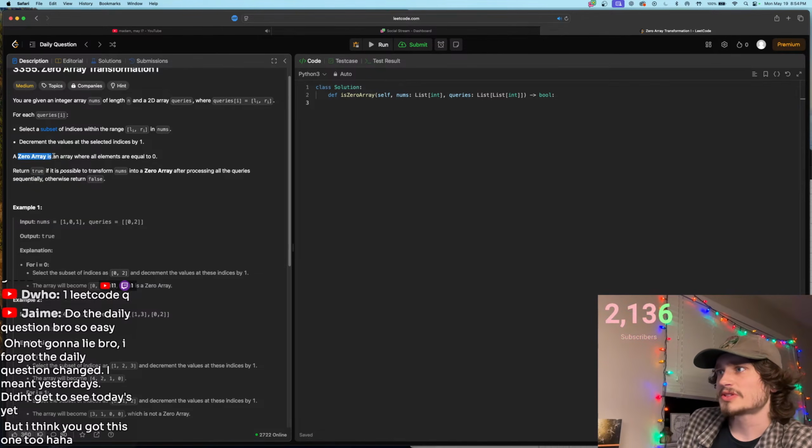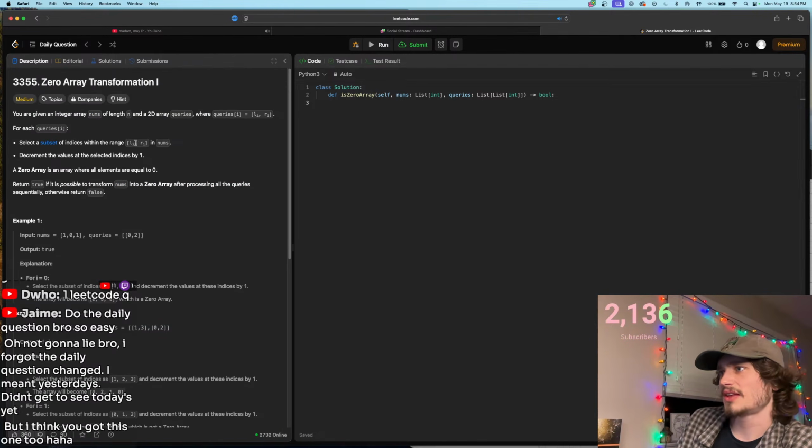So a 0 array is an array where all elements are equal to 0. I don't really get it though, so it's saying that I have these left and right indices in these queries